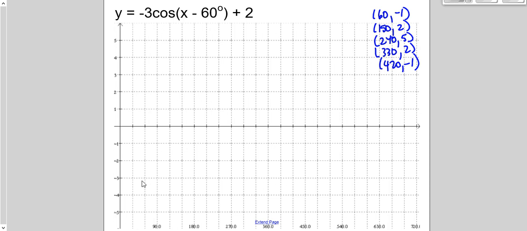All right. So 60 and -1 is here. And 150 and +2 is here. And 240 and 5 is here. 330 and 2 is here. And then 420 and -1 is here. So what I have then, so that's my lowest, that's my highest, it looks something like